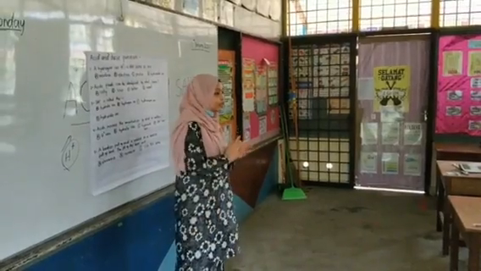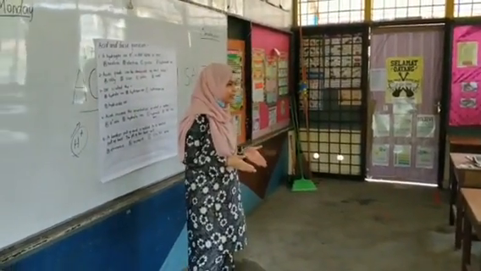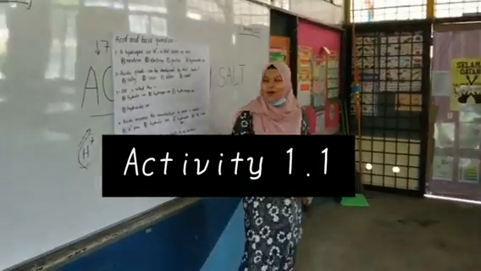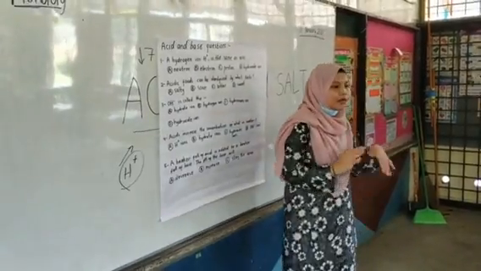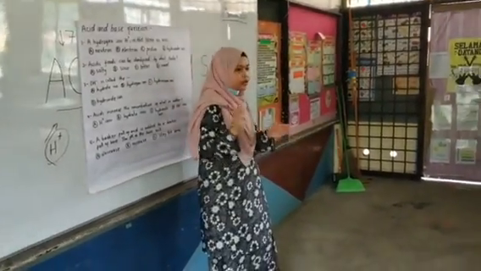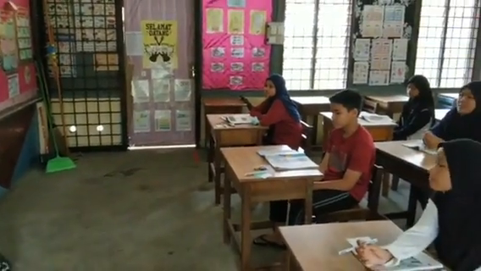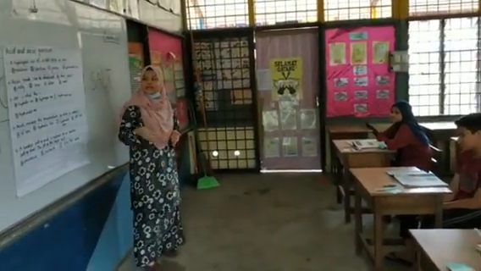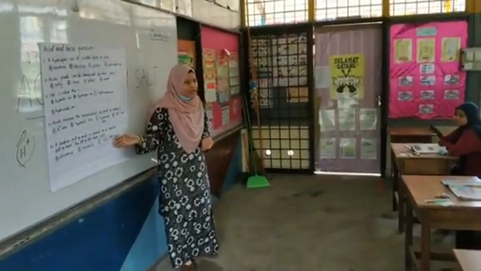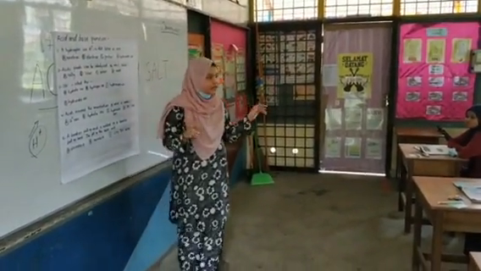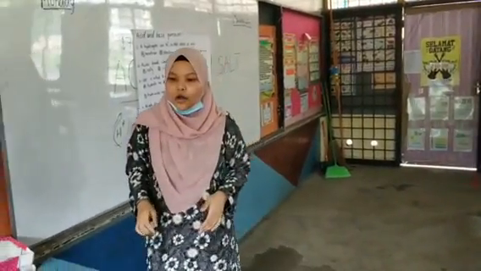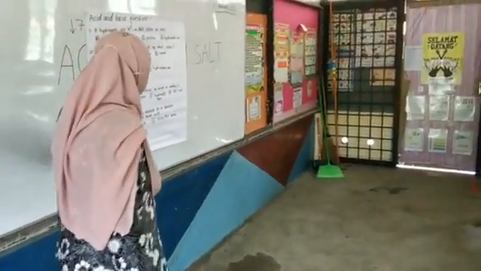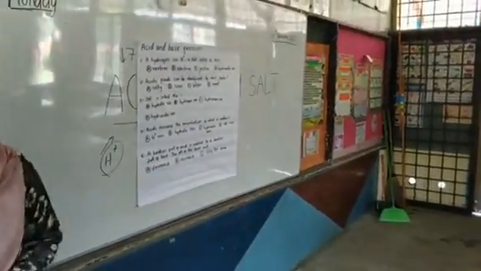Okay, since we have learned about acid and base, next we will have a quick activity, which is a pop quiz. I will divide you guys into 3 groups, so you will be prepared. Group 1, group 2, and group 3. And if you manage to answer the question, I will give some prizes. Okay, so start answering. We only have 5 questions.